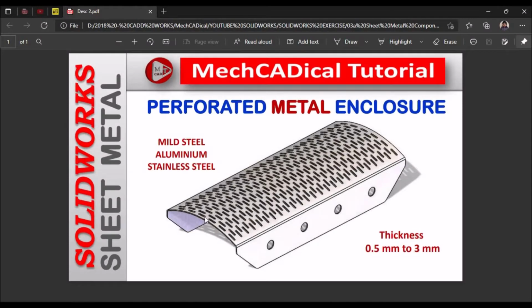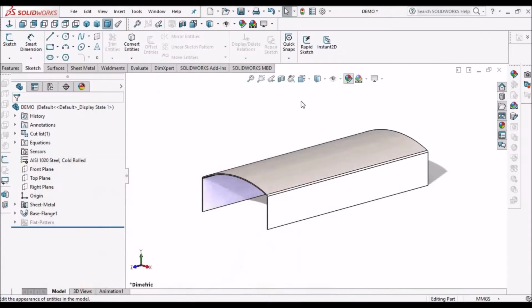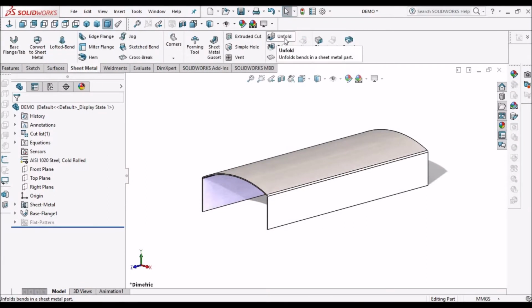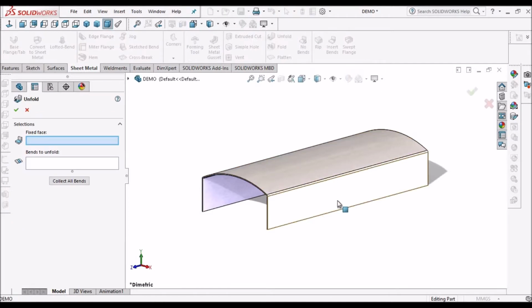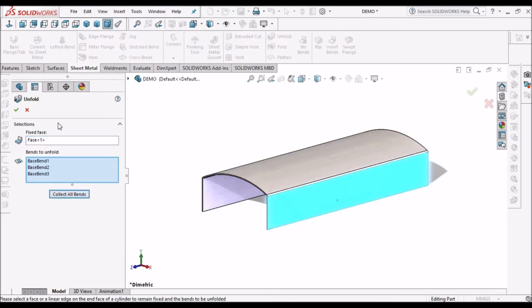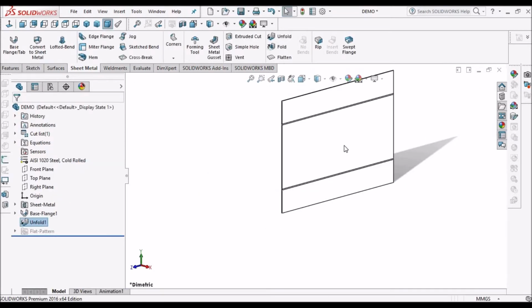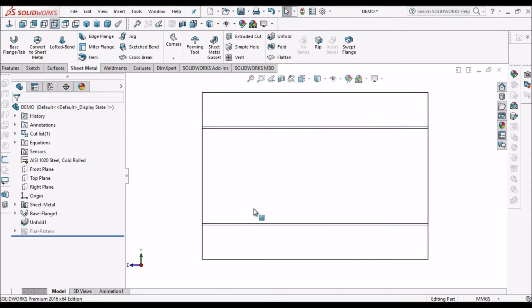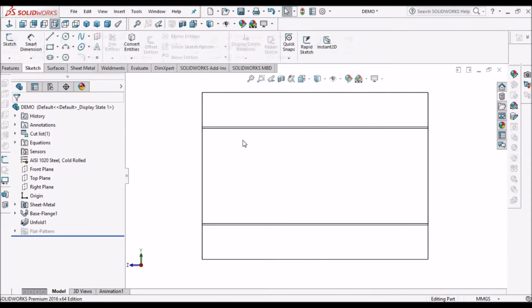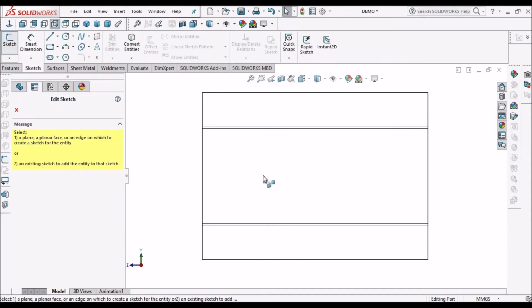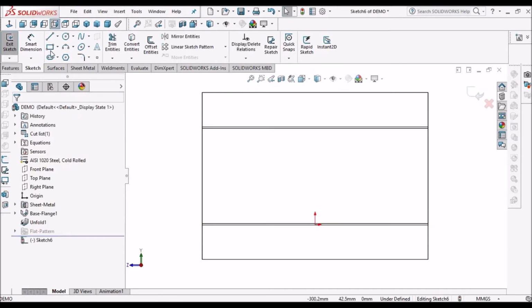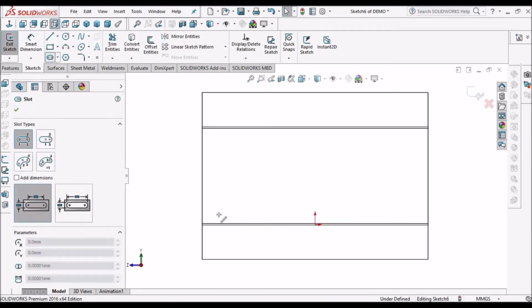Now I have to create these slots. So for creating slots, we have to unfold this component. Now select this face, keep it normal. So go to sketch and select this face and take slot feature.